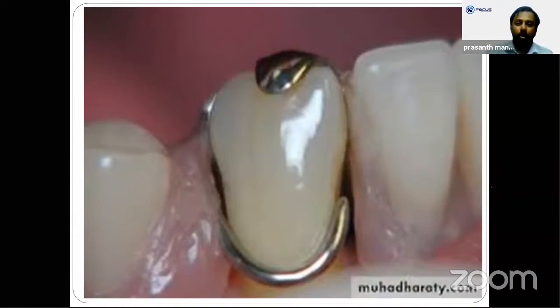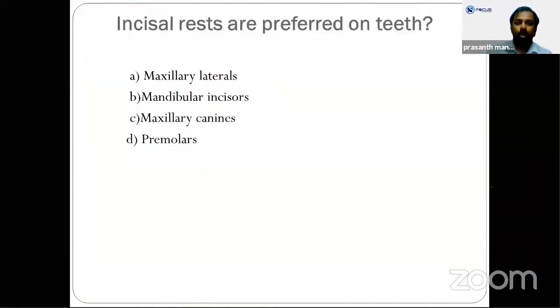Clear? So we will discuss the questions. We will discuss 5 questions related to rest, and 2 of them have been taken from the national board so that it can be useful, because these national board questions are the base for all other competitive exams. Clear? So for incisal rest, I want you all to answer according to this class. You will be able to answer.